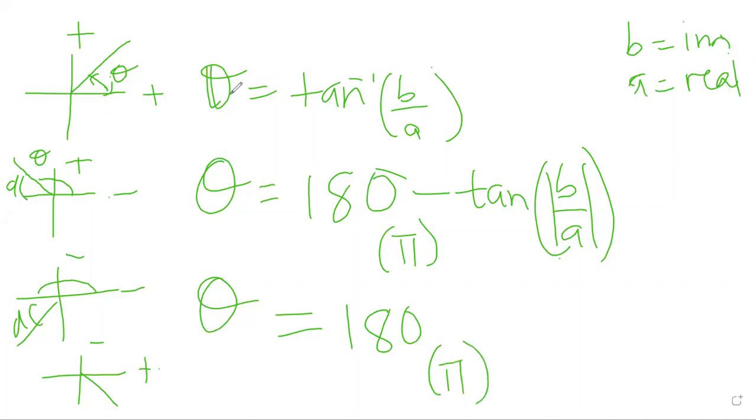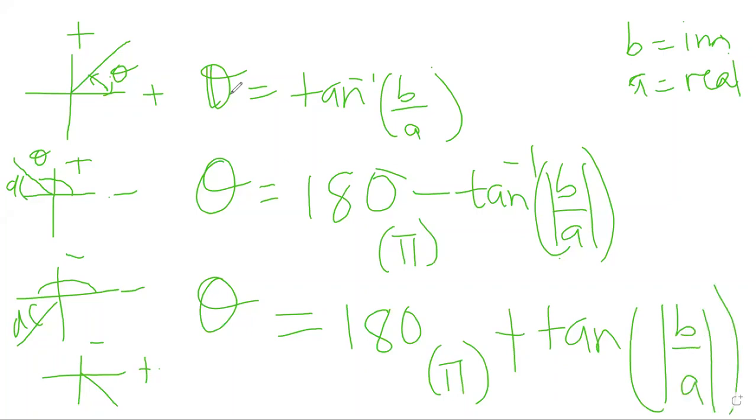And instead of minus, we do plus tan inverse of, now you still have to use the absolute value. Make sure they are positive. No negative, because we just need the acute angle, like how we found the first one. The first one, they're both positive, that's why we don't need the absolute value. But since we are using the absolute value, then it means that